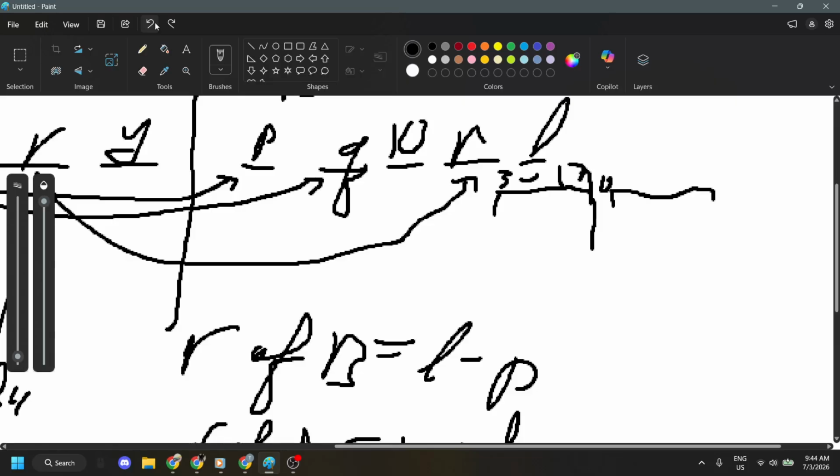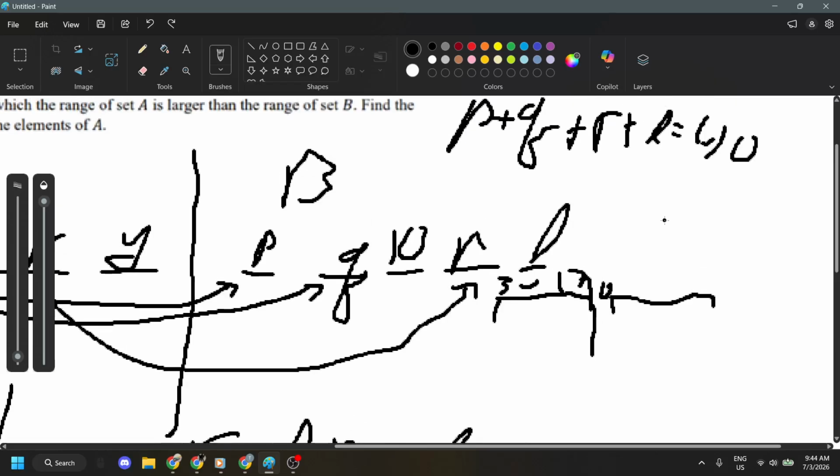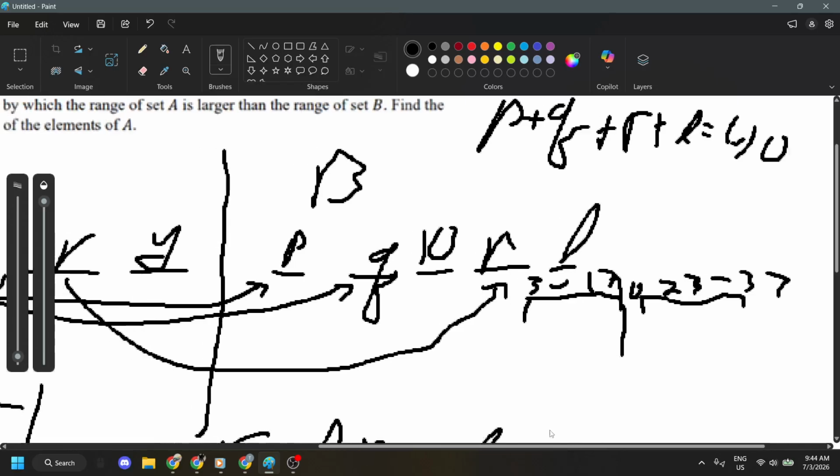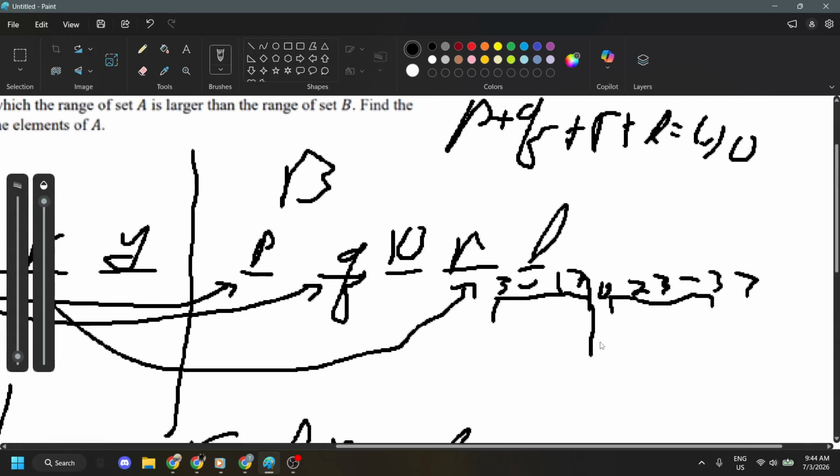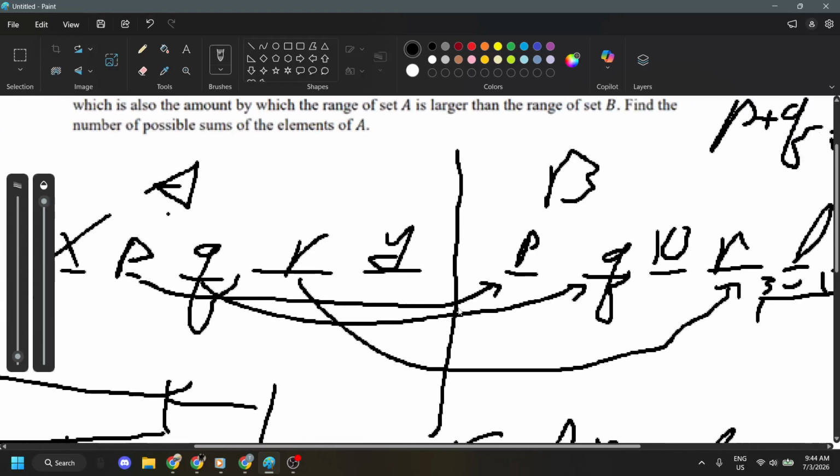No, no, no, no. These have to sum to 50, not 50 including the 10. So this goes from, at the smallest, which would be here, 23 to 37. Okay. So, to make the range 10,